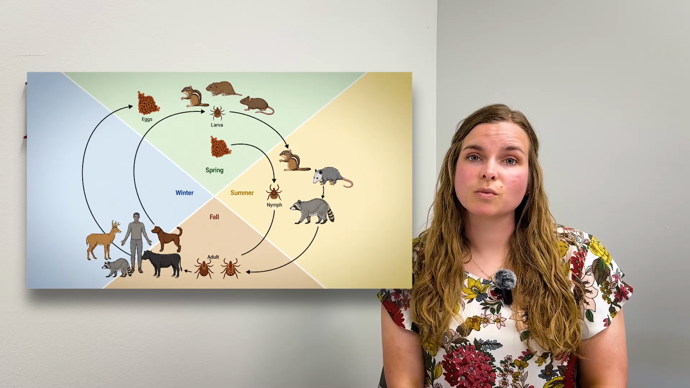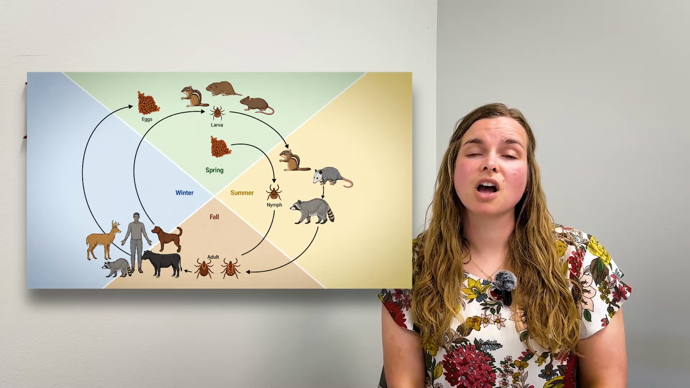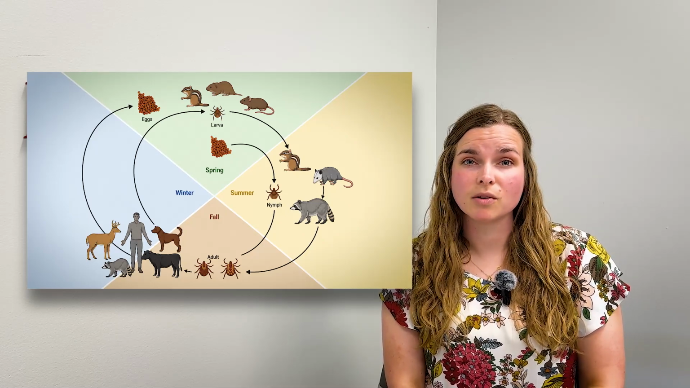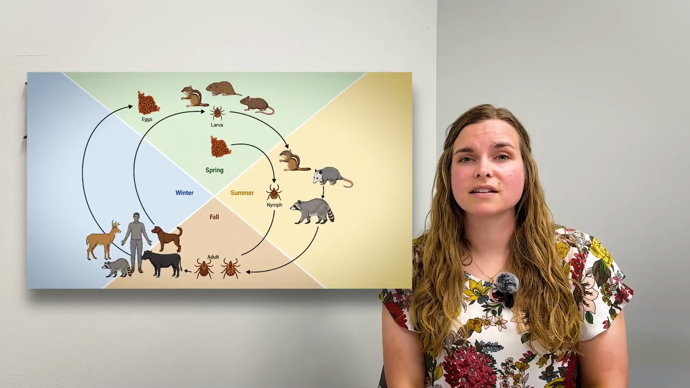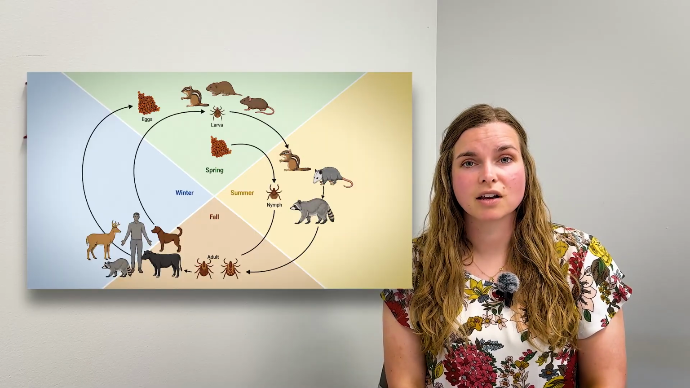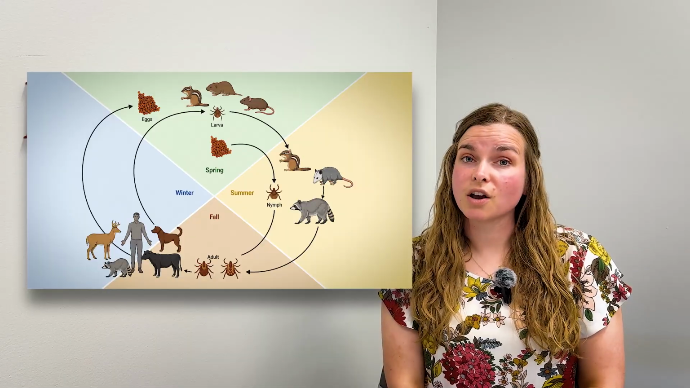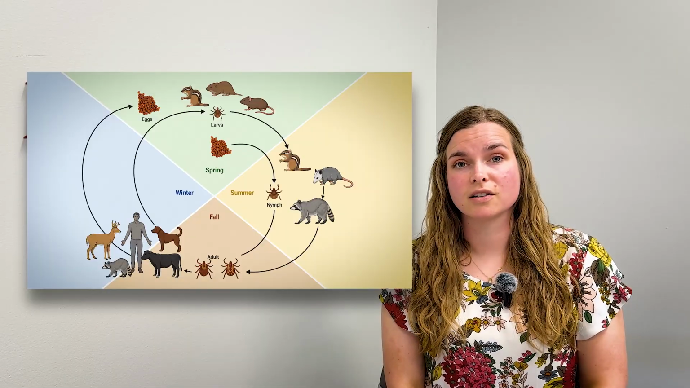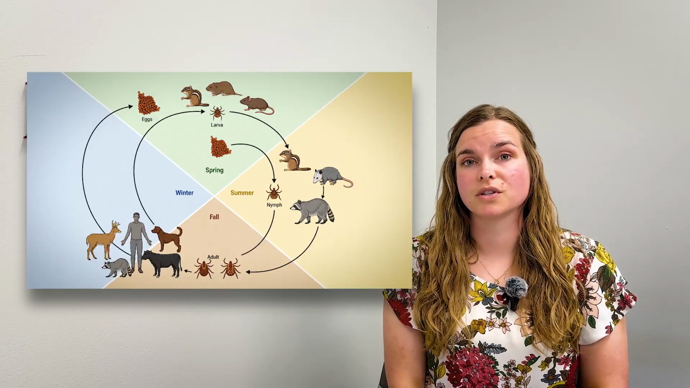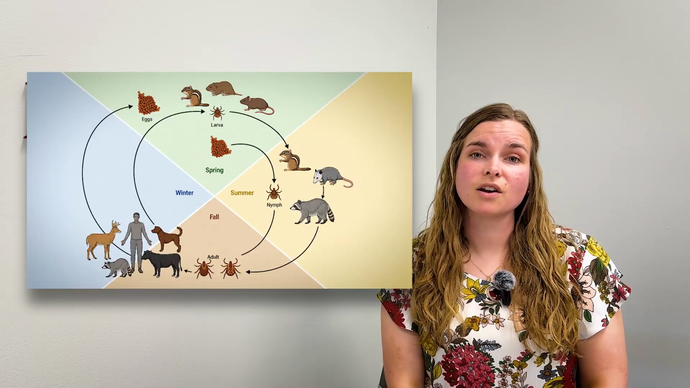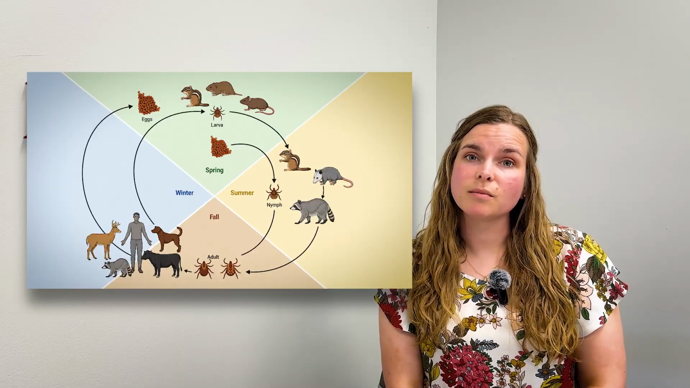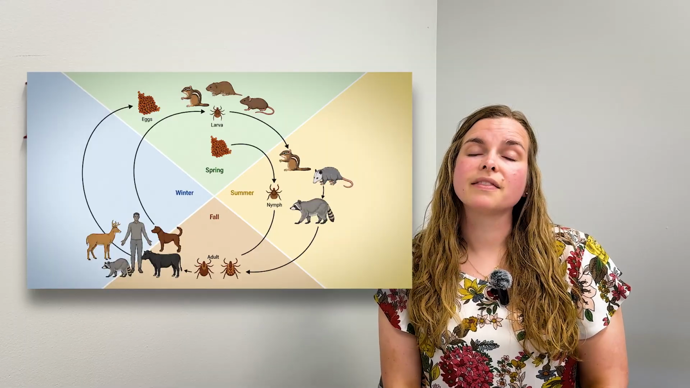That nymph stage will then find its host, which oftentimes is another small mammal, small rodent, but can be larger mammals as well. And some of that has to do with the specific tick that we're talking about. Some ticks are very host specific and others are considered more promiscuous or have a wider host range. So that nymph will do the same thing. It will find its host, feed to repletion, meaning it takes a complete blood meal, then it will drop off